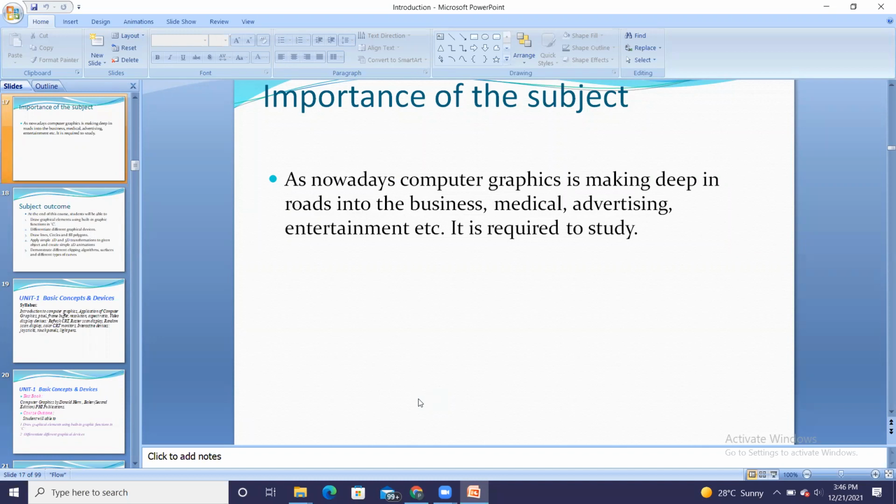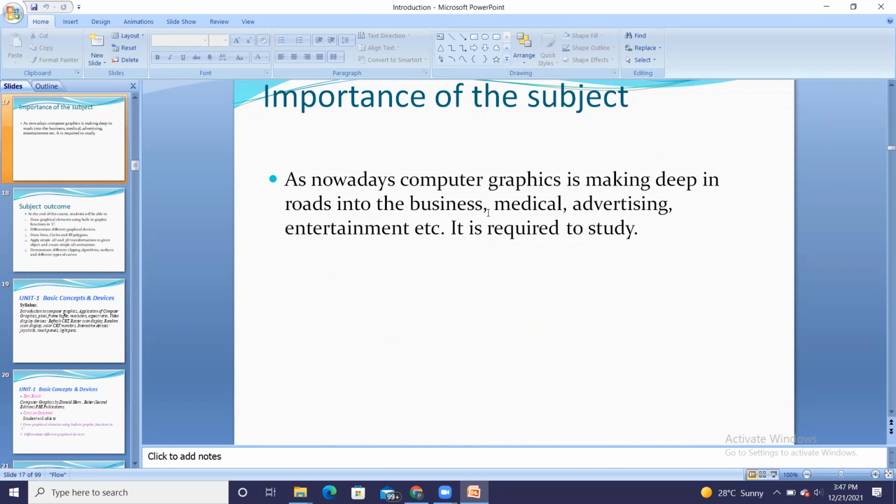So we are going to start with a simple presentation like a bar chart or pie chart. That is also a part of your computer graphics. And right from there, we are going to have animation: drawing images or pictures and putting actions into them. All of these are considered graphics-related functions only. So here computer graphics is useful in business and medical.